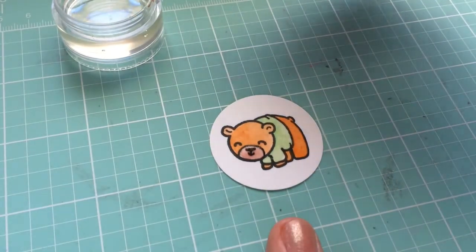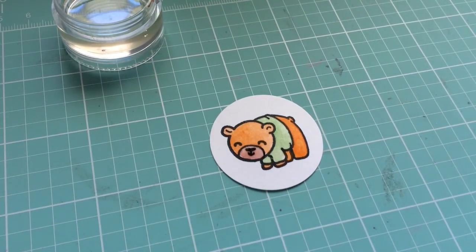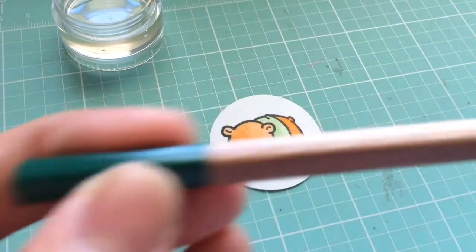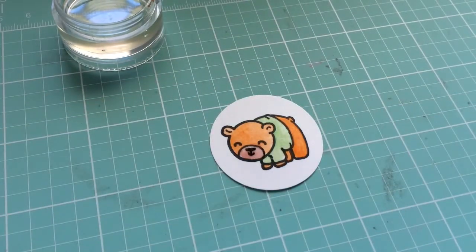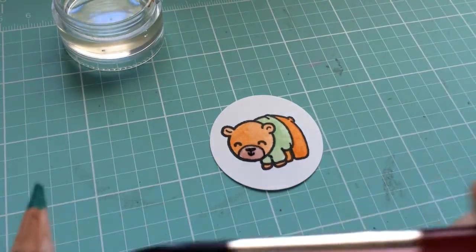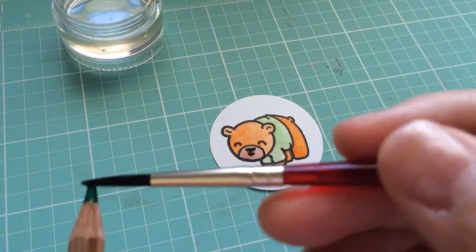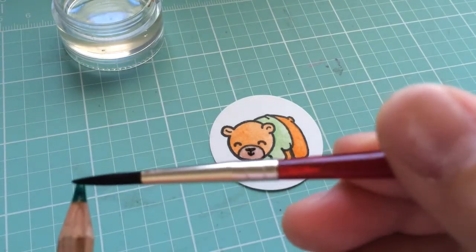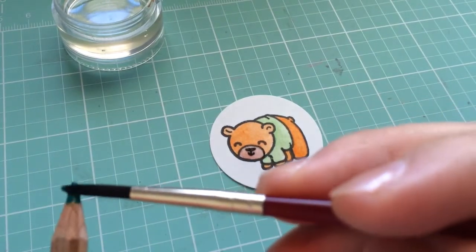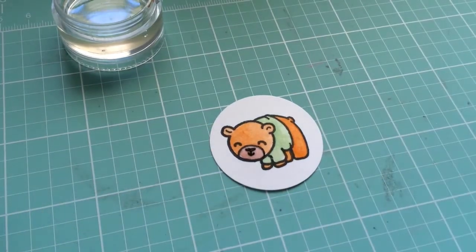And I think what I'm going to do is go back in with the sweater and pick up from another green. So I'm going to pick up from this darker green here. These watercolor pencils are Artist Loft, so they're the much more bargain, affordable ones. These are the ones I just happened to come across, so I figured, hey, I should use them. I have other ones as well that I actually prefer. Which ones are the ones that I prefer? I haven't used them in so long, I can't remember, but